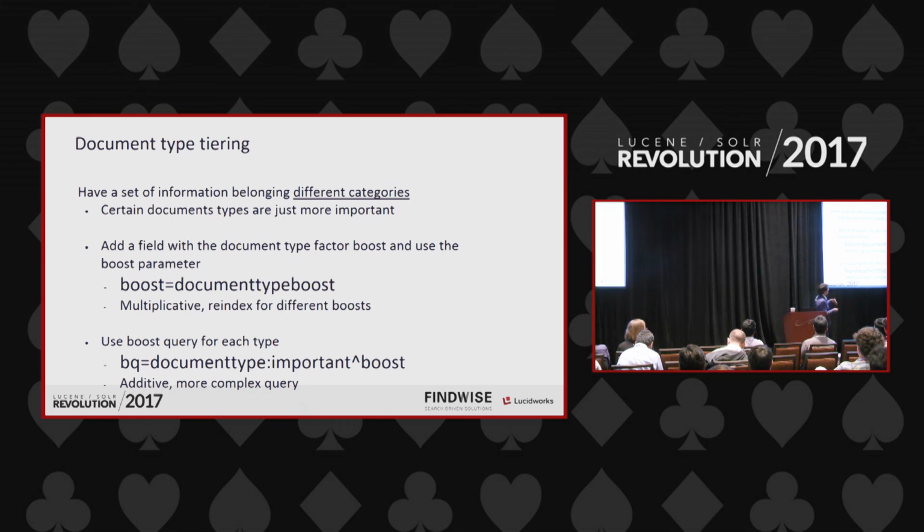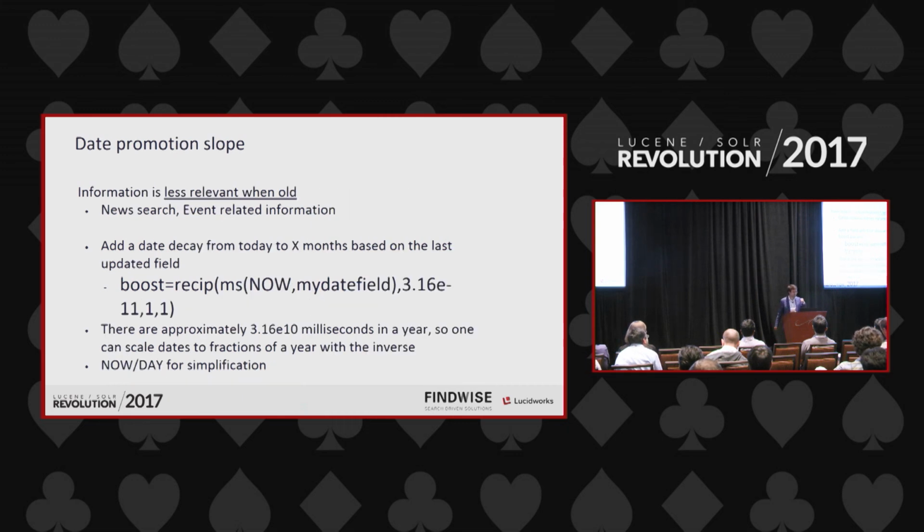Another alternative to do the same thing, if we don't want to preset whatever value they are going to have, and we have the flexibility of actually changing it through time without having to reindex everything, is to use the boost query. We just try to match the documents on a specific type, and we are going to apply a numerical boost on that one. But obviously, if you apply that on all your types, it's going to be a very big query. But at the same time, we have the flexibility of changing it from query to query or iterations.